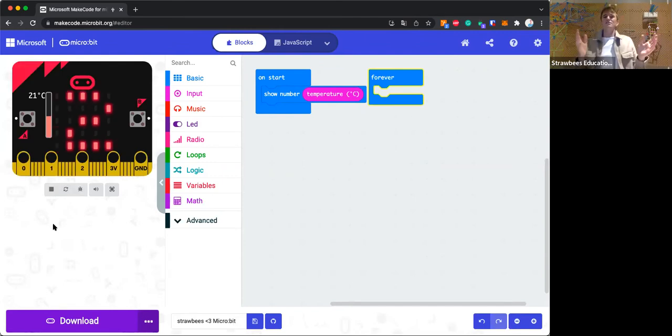And so if you give this to a student as a problem to solve and say, hey, can you make the temperature be displayed on the microbit? And here they have it. So they managed to do the job or solve the problem. But now you can talk to students and ask them more, like, let's say that you would like to take the temperature